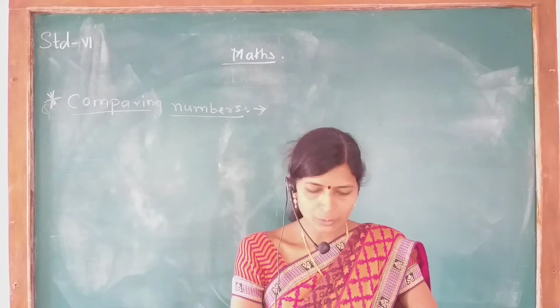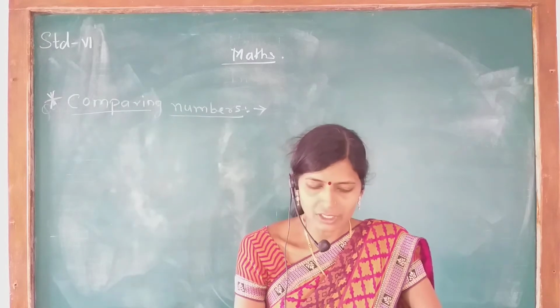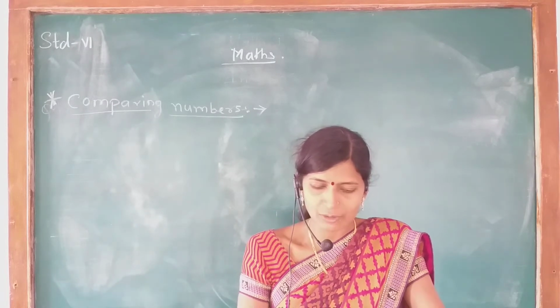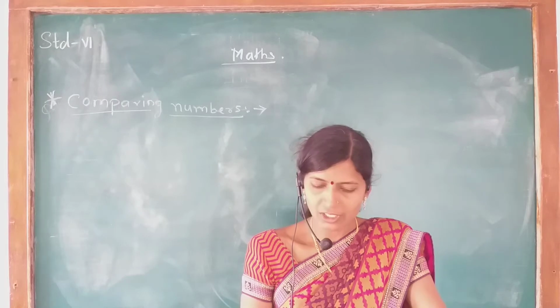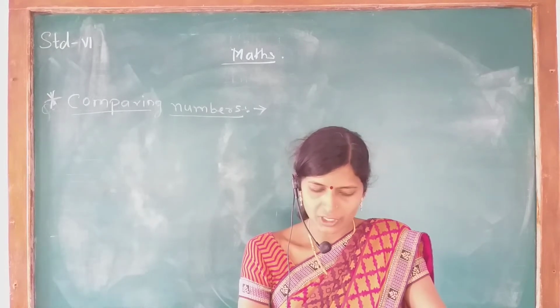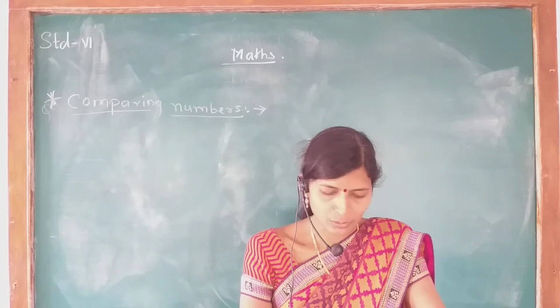So what is step 2? In step 1, you have to count the number of digits. Number of digits means if equal digits are there, what you have to do? If unequal digits are there, what you have to do? Already it is given. So follow it properly. See step 2. We'll take an example, at that time you will understand better. So don't worry about that.